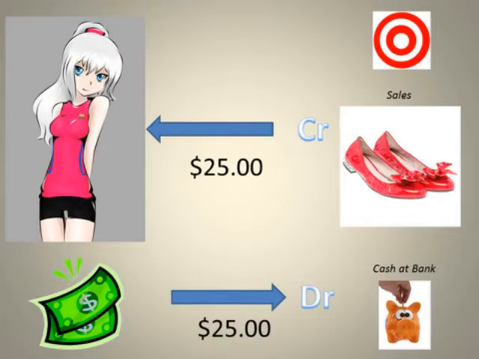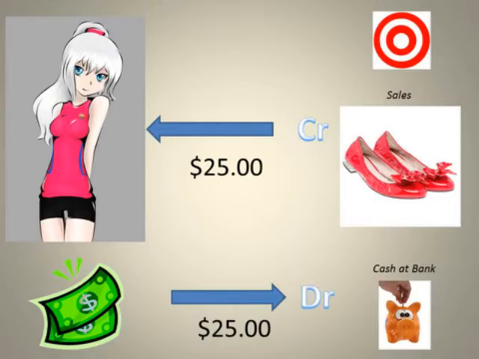But the important part of it is the debits in total must equal the credits in total for each and every transaction. And that's what we're having here. We have bought ourselves a $25 pair of shoes. So we're happy, we have shoes to the value of $25, and we have parted with our hard-earned cash to the merchant. The merchant is happy. They have departed with the merchandise, the inventory item, their shoes, and they call that a sale in financial accounting terms, and they have received for that $25.